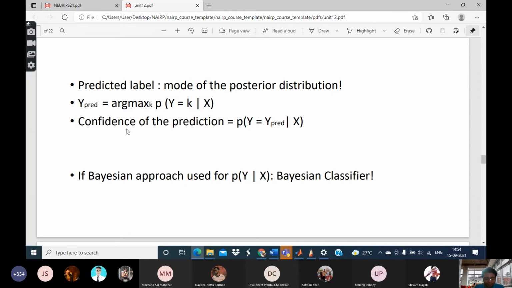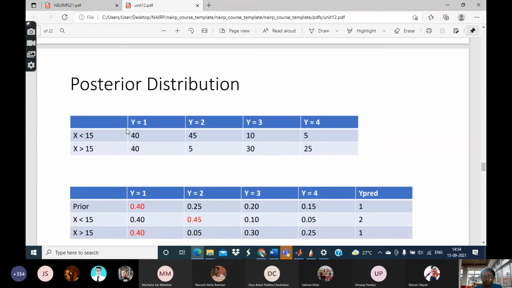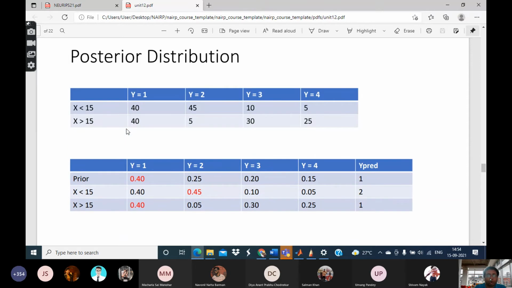Okay? And this kind of prediction, probabilistic prediction, is known as the Bayesian classifier. Now, what if we have